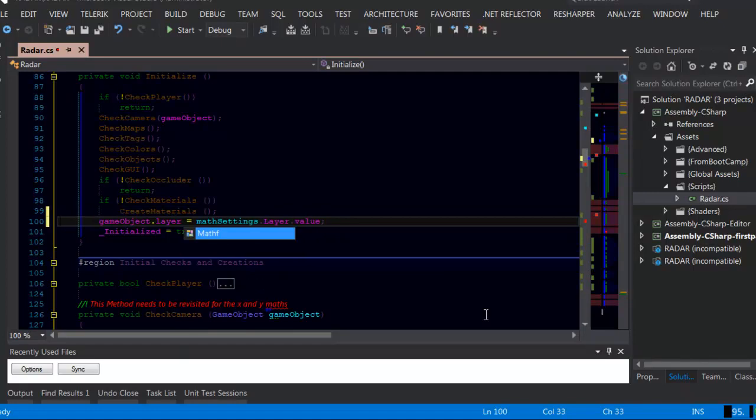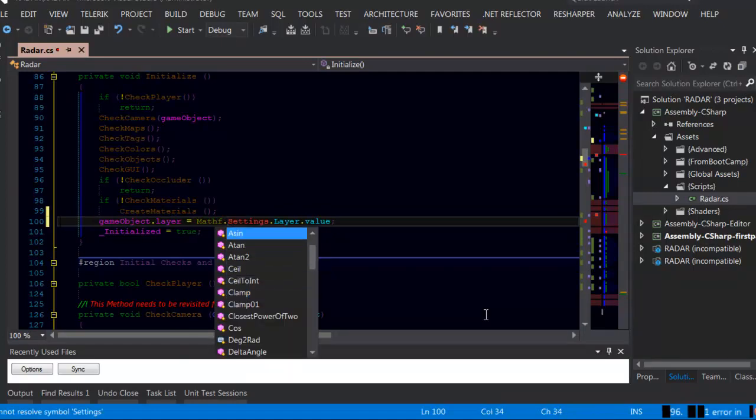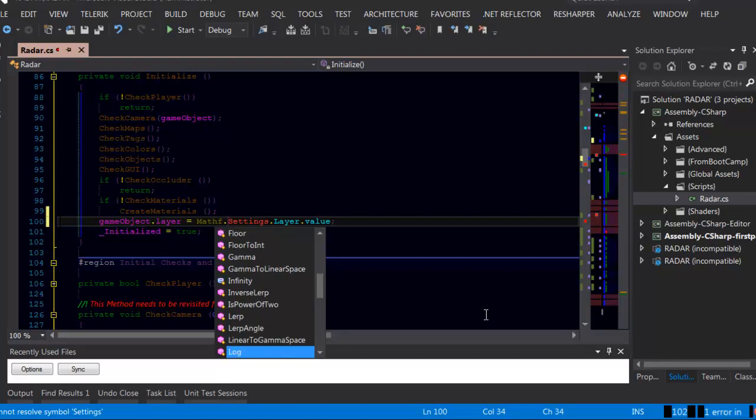Okay, it's Mathf, because everything we have is in here. Absolute, cosinus, approximately, sinus, tangent, sail to int, clamp, closest power of 2. No. Delta angle, epsilon, floor, gamma to linear, infinity, inversely, with power of 2, lerp, linear to gamma, log 10. Maybe